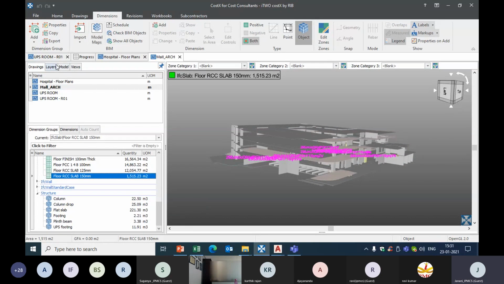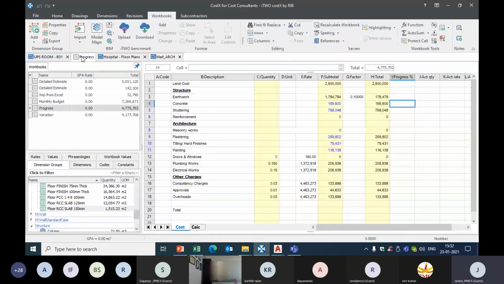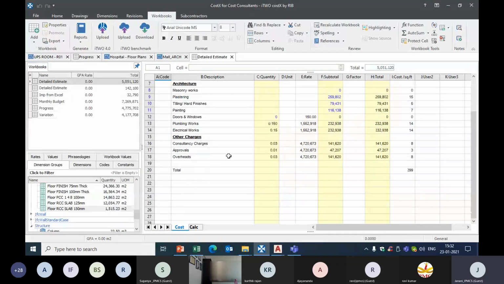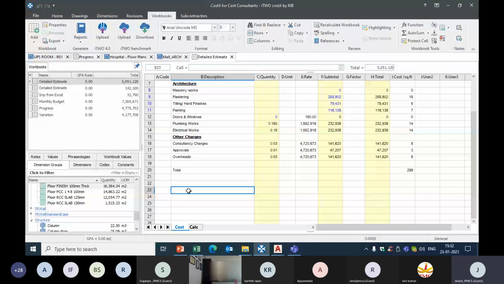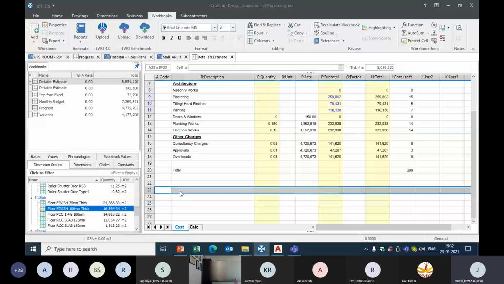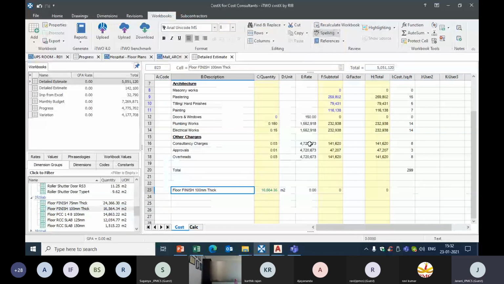So when I'm preparing an estimate in Costex, the quantity will be live linked to our estimate just by dragging and dropping. Say if I want to link this quantity to my estimate, I'll just drag and drop it over here. You can see I have just dragged and dropped my quantity, and the quantity is not typed, it is linked here.